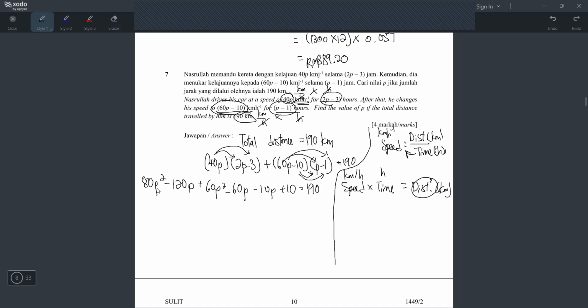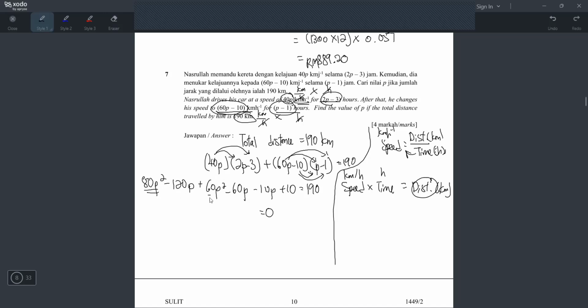Okay, other square means this is definitely a quadratic. Quadratic means you will end up with two answers later. So what you have to do now, you have to pindah everything to one side equals 0 and then press calculator. Okay, but how to pindah? Okay, when you pindah also you have to susun dalam general form.